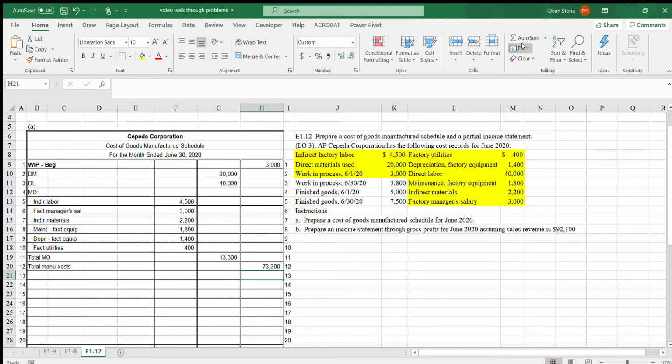I'm then going to add that to my beginning balance of 3,000, and I end up with 76,300. 76,300 is my total